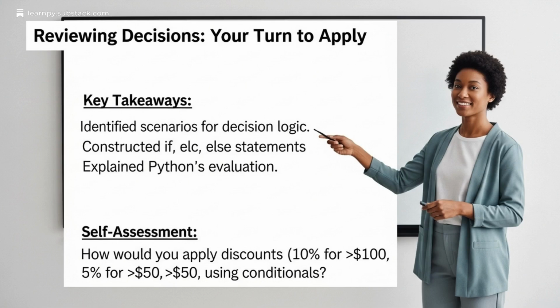We've covered a lot in this lesson, moving from basic conditional checks to building multi-path decision logic. Today, you learned how to identify situations where decision logic is essential, like our access control example. You also learned how to construct Python's if, elif, and else statements, understanding their distinct roles in guiding program flow. Finally, we explored how Python evaluates these conditions sequentially, ensuring only the appropriate code block executes. These conditional statements are fundamental tools for any programmer, allowing you to create programs that are not just functional, but also smart and responsive. To solidify your understanding, think about